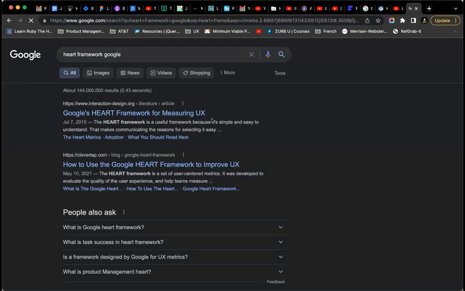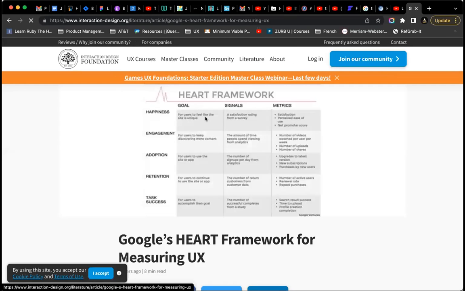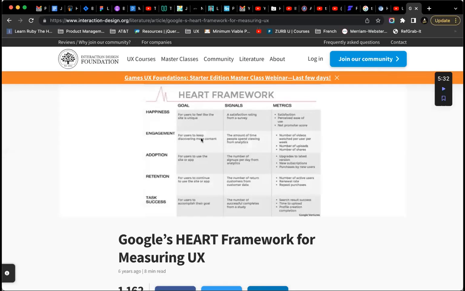It's tracking the happiness of the product. How happy are people using it? That's the goal, for people to feel happy when they use it. Satisfaction rating from surveys. Engagement, for users to keep discovering more content on the application. Adoption, users using the app or site more often. And retention, for users to continue to come use the app.